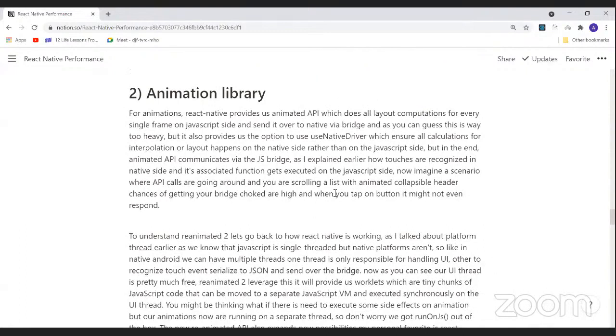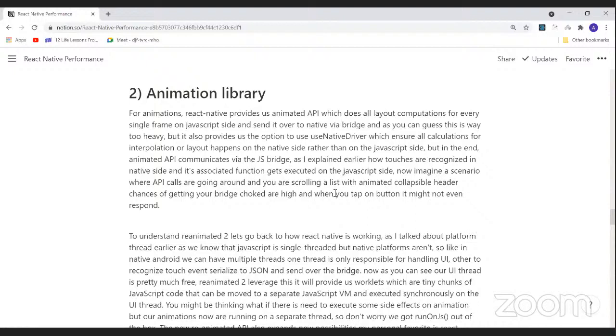For animation, React Native provides us the Animated API, which does all layout computation for every single frame on the JavaScript side and sends it over to native via the bridge. As you can guess, this is way too heavy, but it also provides us the option to use the native driver, which ensures all calculation for interpolation or layout happens on the native side rather than the JavaScript side.